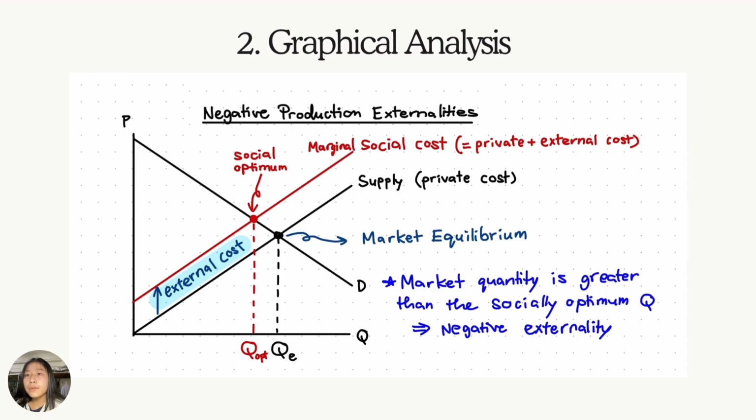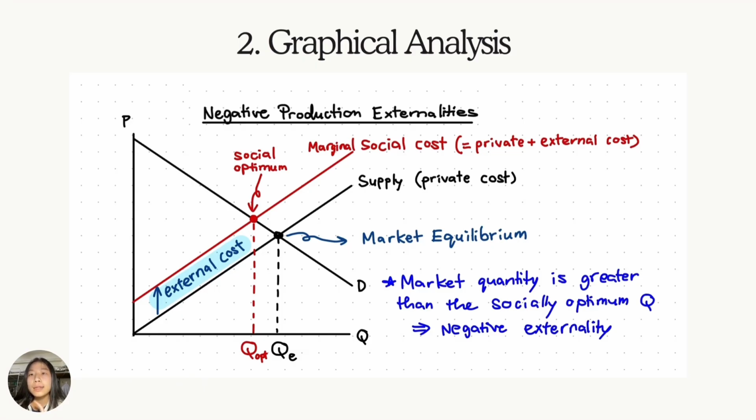There's another curve that is an upward sloping supply curve, which here represents the marginal private cost. When these two curves intersect, it shows us the market equilibrium, producing at quantity QE. Now we have to take into account the cost of pollution. We have to add the external cost into the marginal private cost, which gets the marginal social cost, which is in red. This is the new supply curve that is socially optimum.